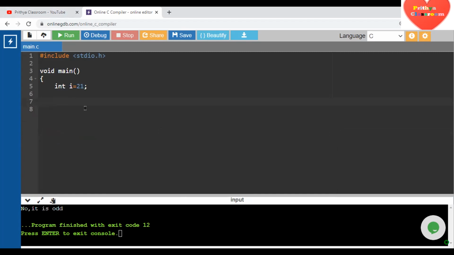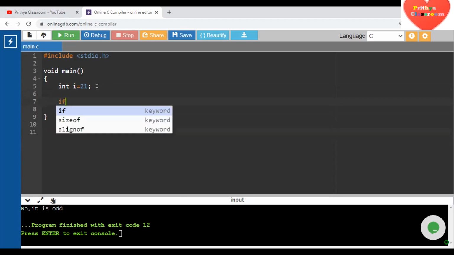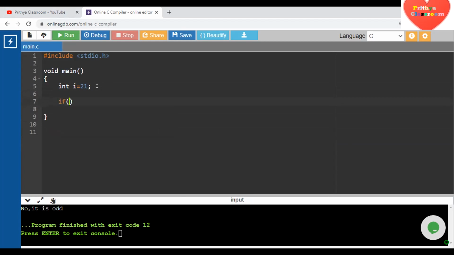Now I'm going to check whether my number is less than 10 or not. So the condition is i less than 10. Then I have to write printf "yes, it is less than 10". Okay, so if the condition is not true, then I have to start an else condition to print "no, it is not less than 10".